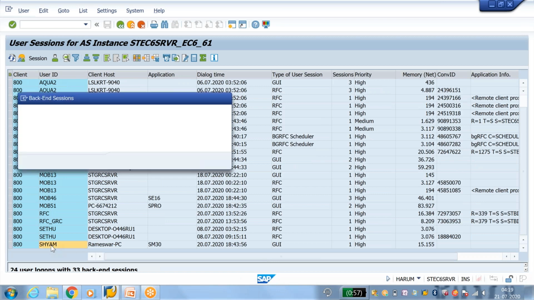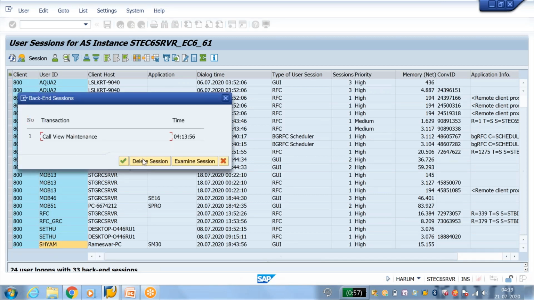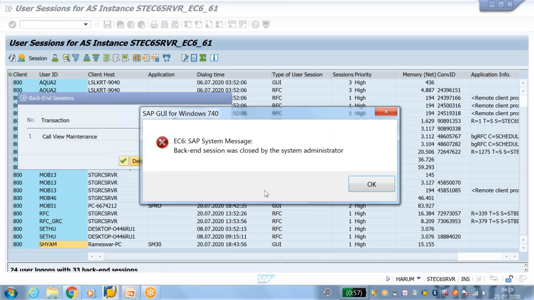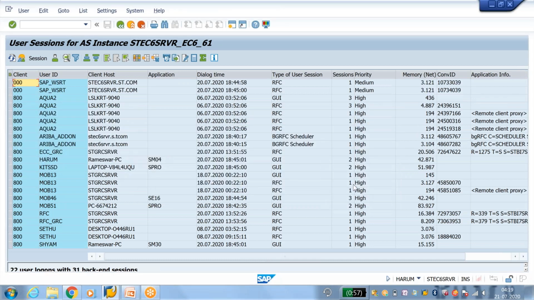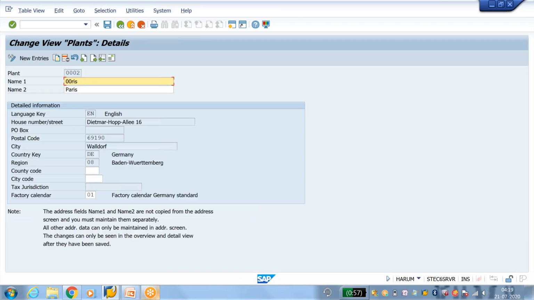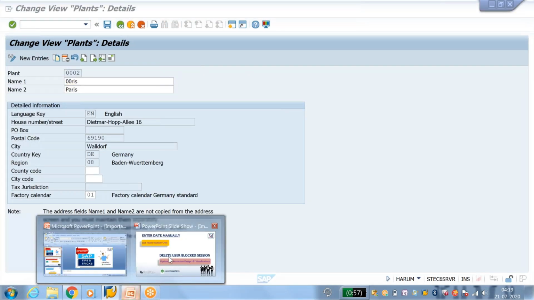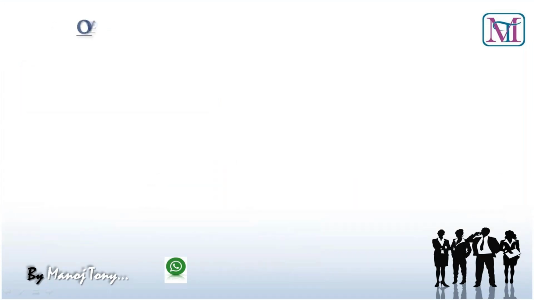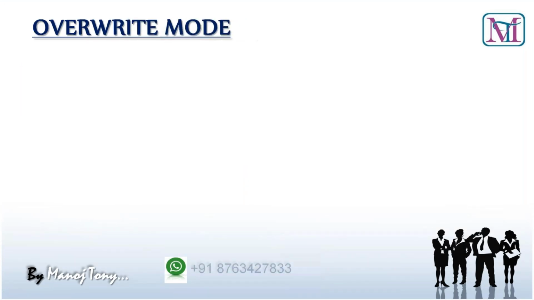Double click on this user ID, select, then delete session. Then Syam's user ID has been closed. Now you can change whatever you want on OX10, means plant creation transaction code OX10. Now this is in changeable mode. So in this way you can close another session which is using the same transaction code.